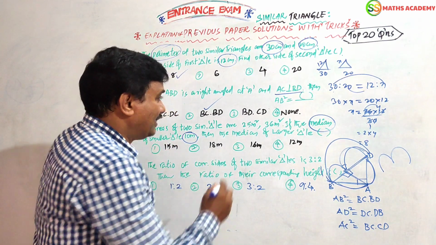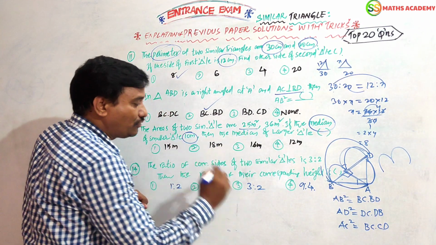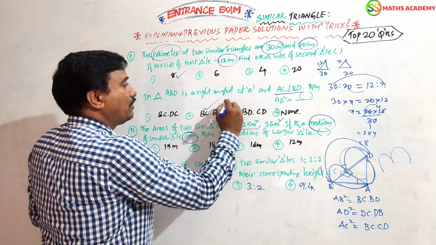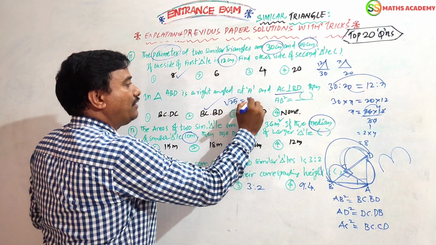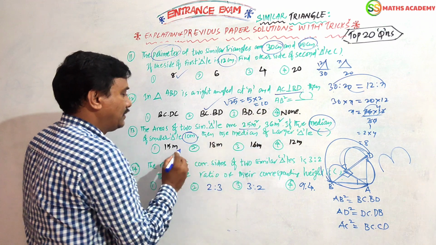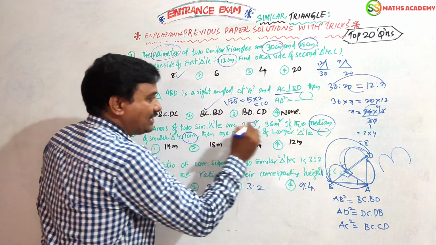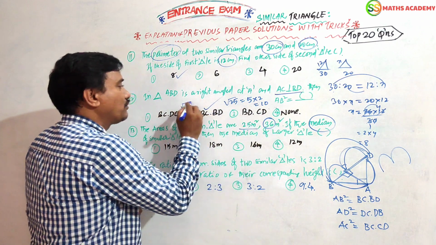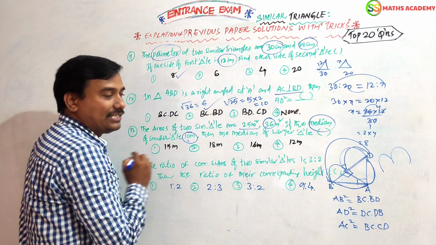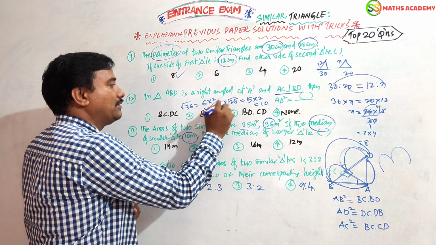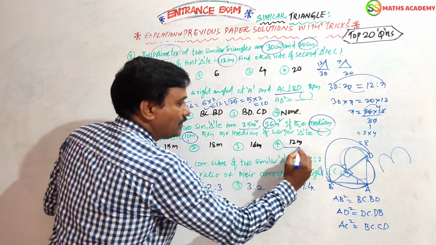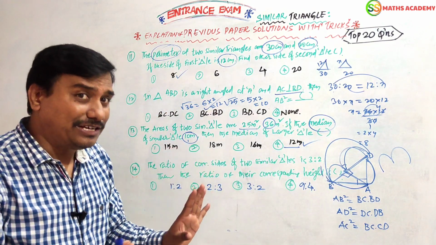You only take the square root of 25, which is 5. 5 doubled, 5 twos are 10. Like that, square root of 36 is 6. 6 doubled is 12. Where is the 12? Finish, answer.